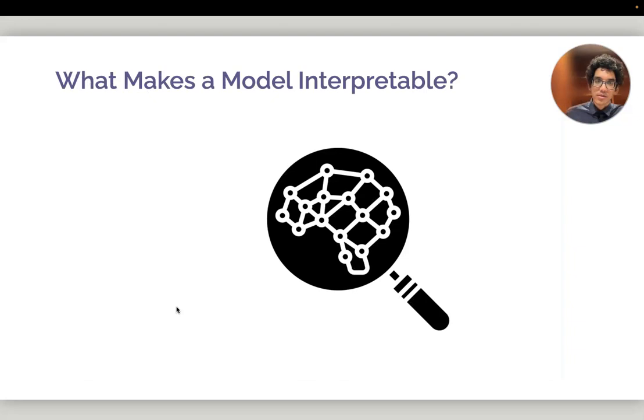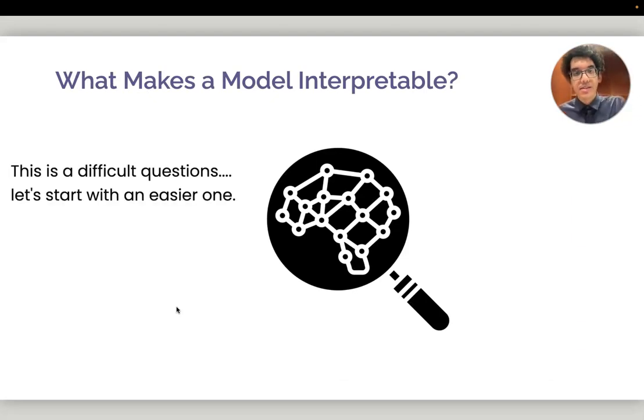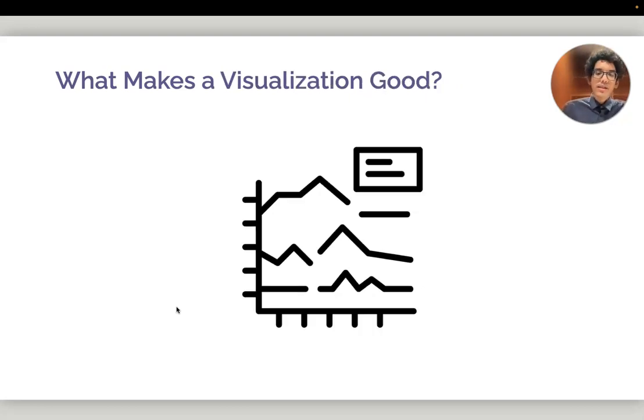Okay, that begs the question, what exactly makes a model interpretable? Right. This is a difficult question. There's been a lot of activity in the community, and there's really no consensus yet about how we should be discussing interpretability. But I think there's a really interesting analogy between model interpretability and visual effectiveness. Right, so I want to develop this analogy, and I think it also reflects some of the more nuanced thinking in the community now.